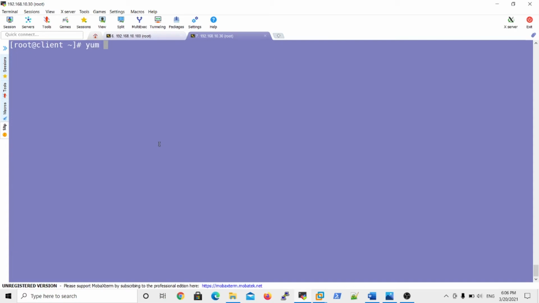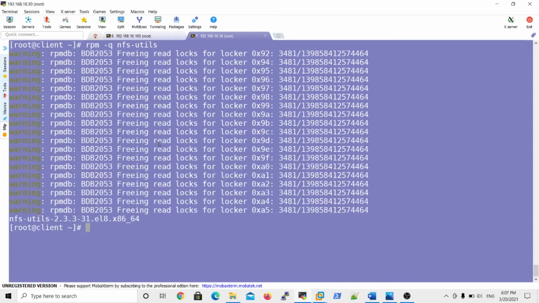For example, what is the command for installing the NFS package? First you check with rpm -q nfs-utils. So rpm -q nfs-utils reads the logs. The nfs-utils package may already be installed.